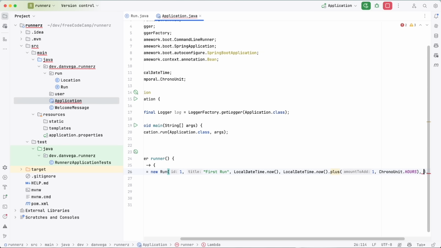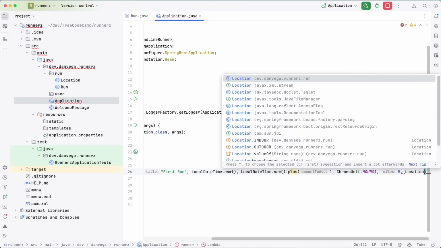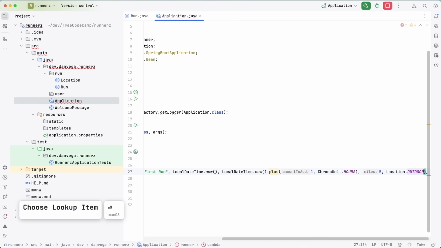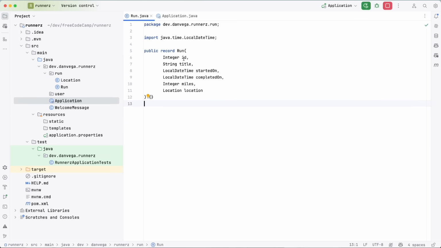So completed on, how many miles did we run? Let's say we ran 5 miles, and what is the location? So I'll say location dot outdoors because it's nice today. I want to get outside and run. So all I want to do is go ahead and log that now, because one thing I didn't mention here